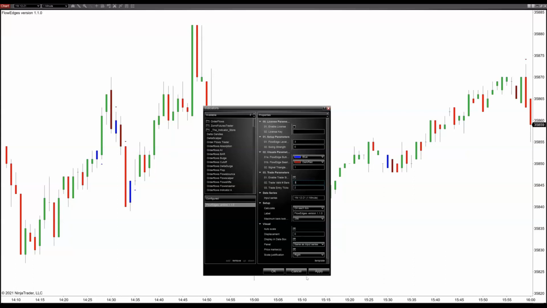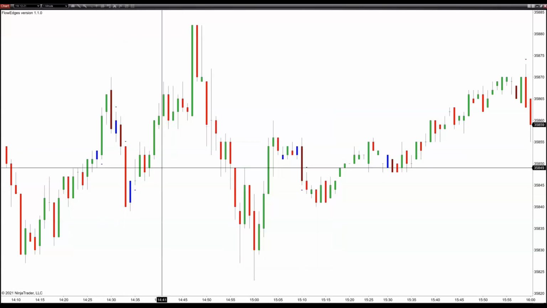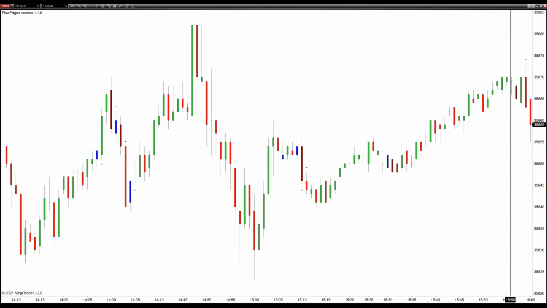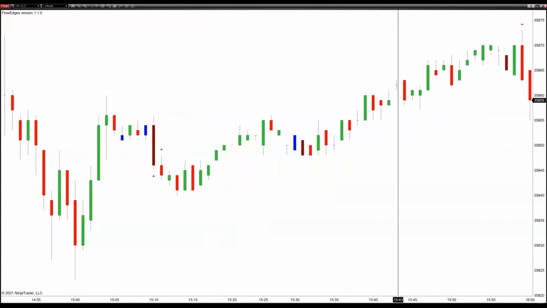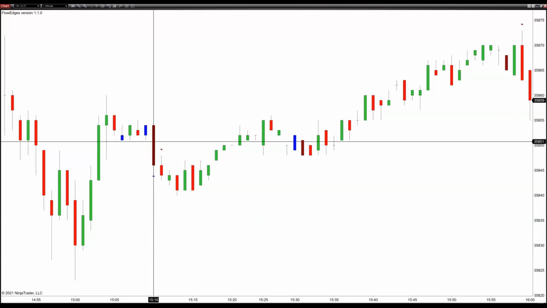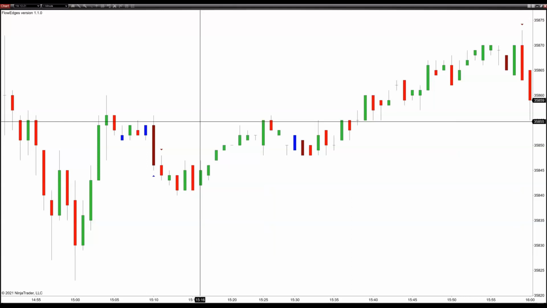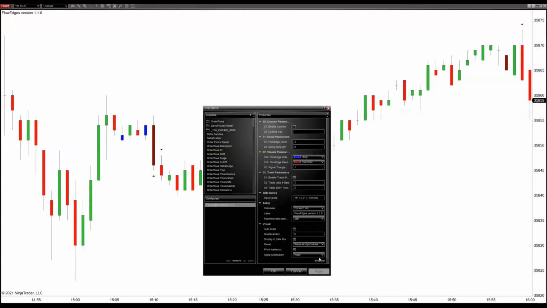Now, the thing to note when you're using the trade entry signal is, once it prints, it won't reprint. But if you're not using a trade entry signal, right? So let's just disable it here. If you're not using this,